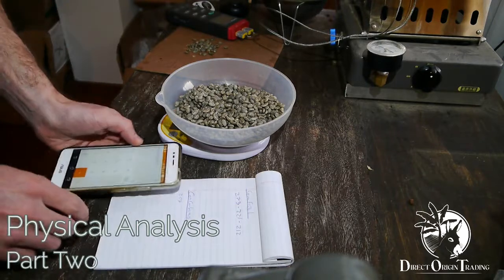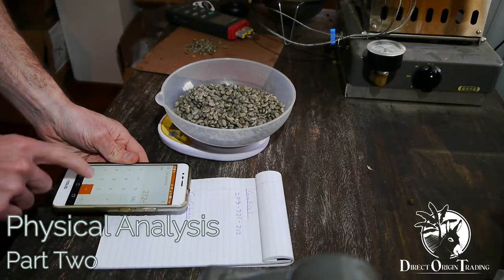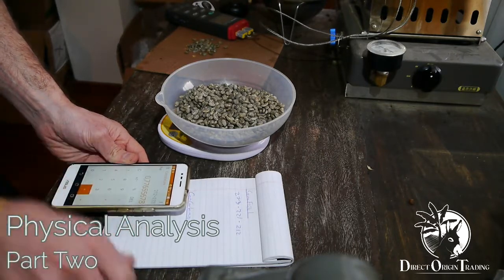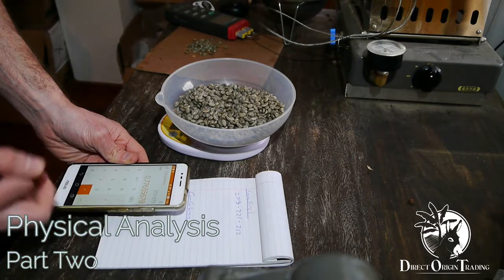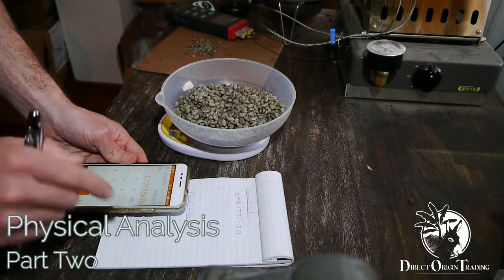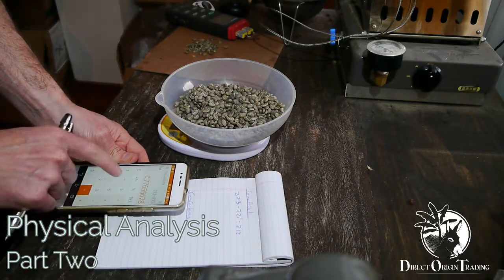So let's do a little bit of math here. 212 divided by 273 is 77.66%. That's a good yield factor, but here in Colombia the way we look at it is